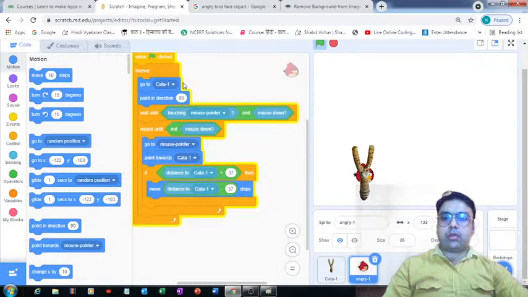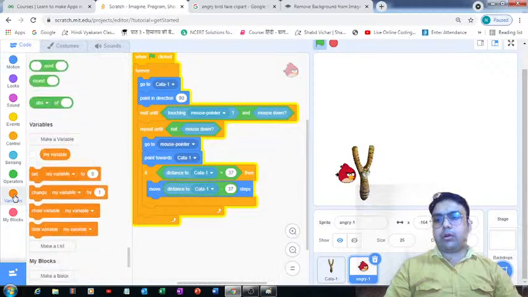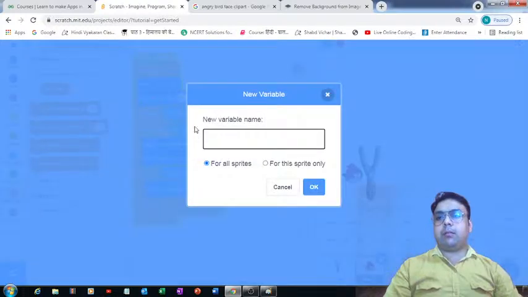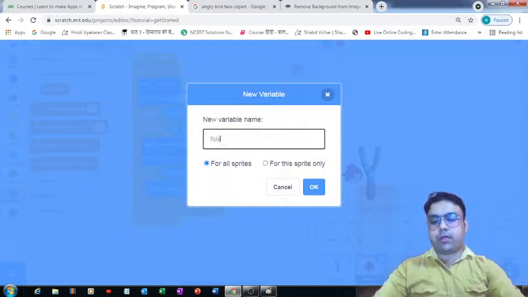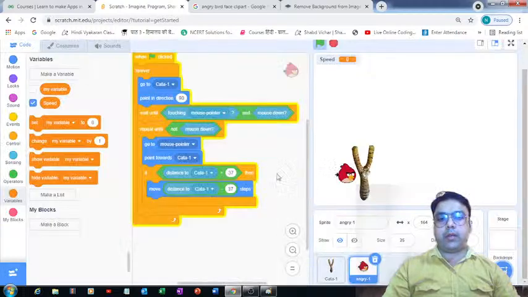Now let's define some variables with the help of which we can control the speed and XY position of this Angry Bird. Right, so we can come down over here in the variable section and make use of this make a variable button. The first thing I would like to define is a variable with the help of which I can put a check on the speed of the Angry Bird.